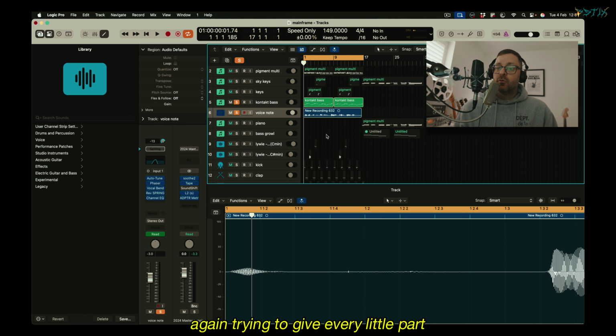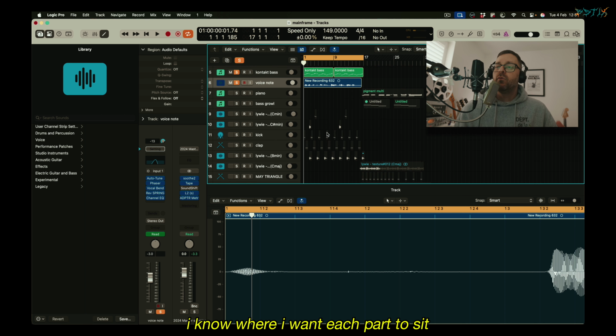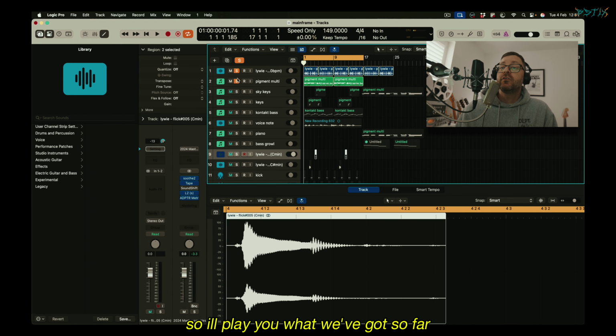Again, trying to give every little part its space in the mix is really important. Even when there's not many parts, I know where I want each part to sit. If I play you what we've got so far,